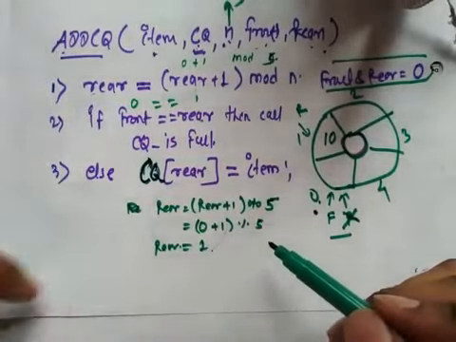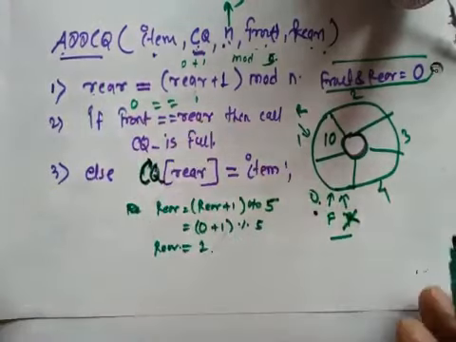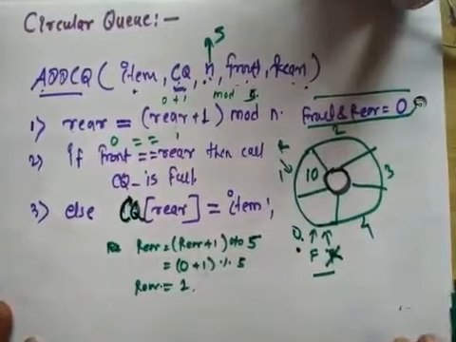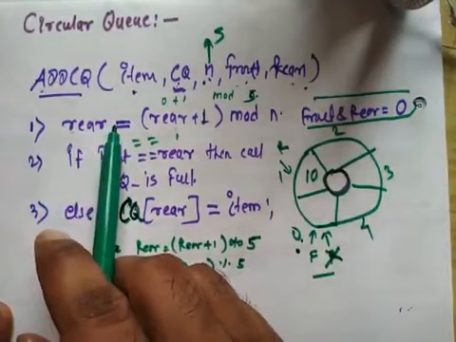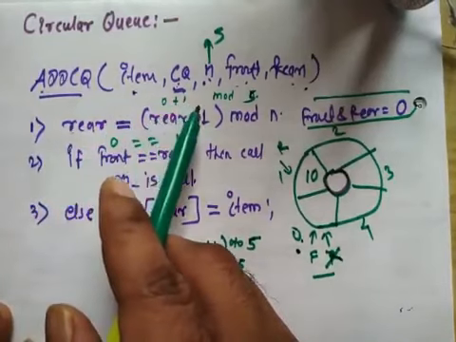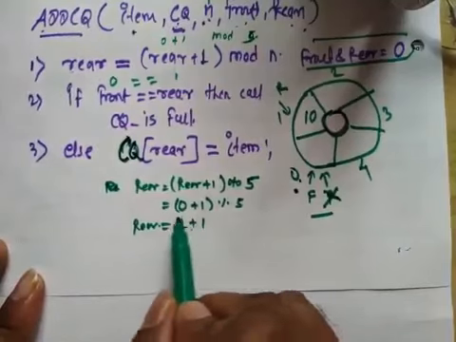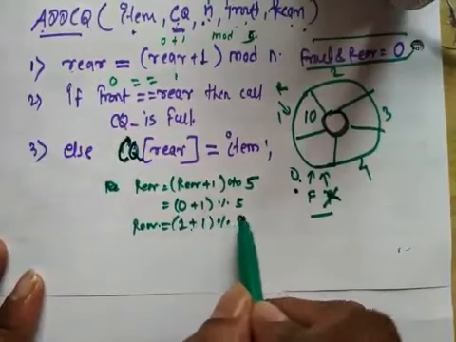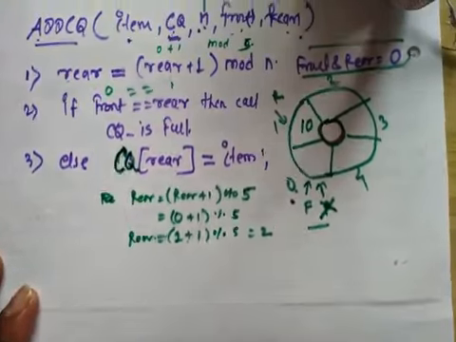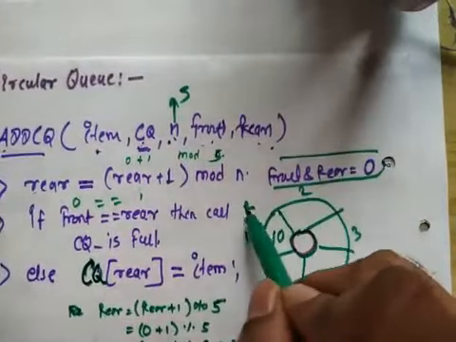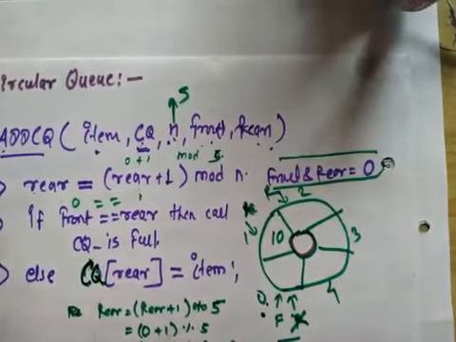Again, if you want to add an element into the circular queue, what we are going to do? We are going to call the add queue function. Now here, what is your rear value now? Rear value is 1. 1 plus 1, 2. Now rear is equal to (1 plus 1) modulus of 5. 1 plus 1 is 2. 2 modulus of 5 is 2. So now your rear will point from here to here. Now your rear is pointing to index location 2.